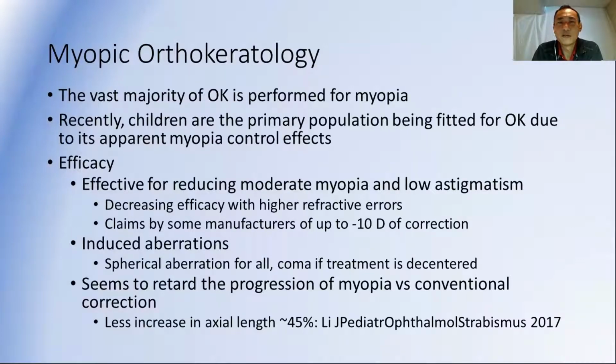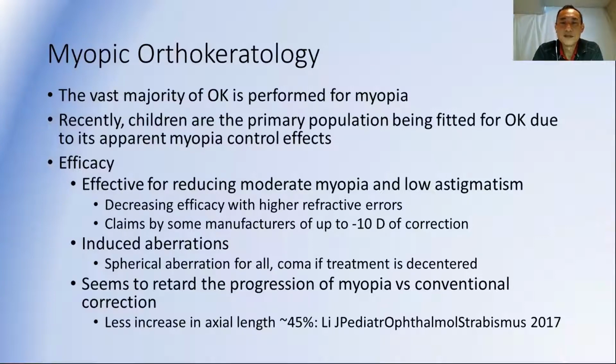So really, once you get above -4 or -5 diopters, the results are not as predictable. You're not going to be able to correct them quite as well, although I have had patients up to -8 diopters who have been able to correct to 20/20. It really depends more on the patient's cornea and how much change the cornea can go through, and that's not something that you can necessarily predict before you start treatment. So I would say up to -4, fairly easy to say that it'll be very effective. Between -4 and -6 diopters, I'm pretty sure I can correct them to at least 20/25, but beyond -6, it